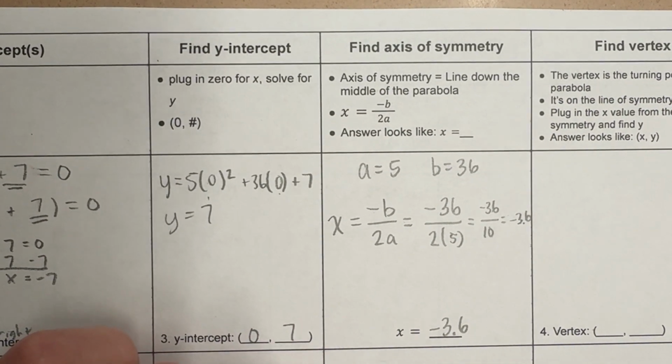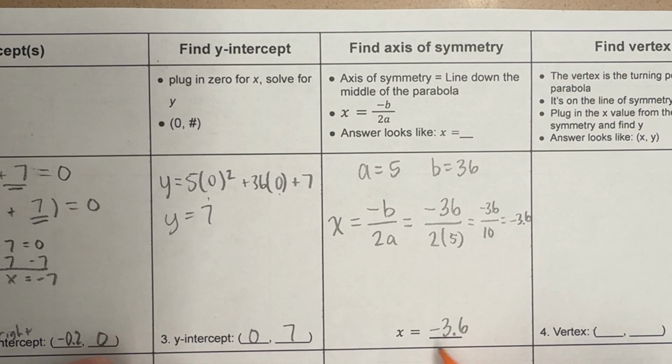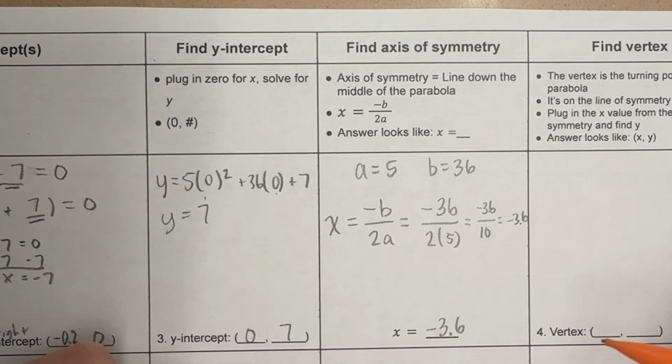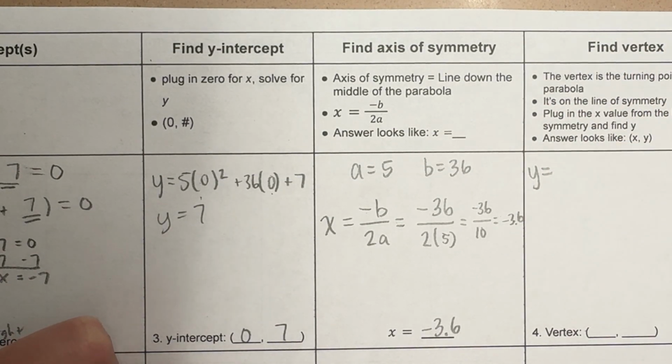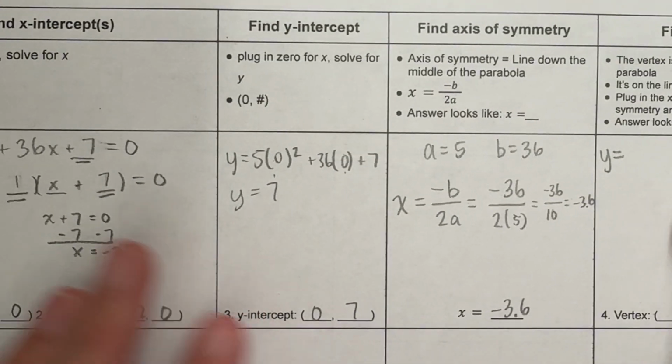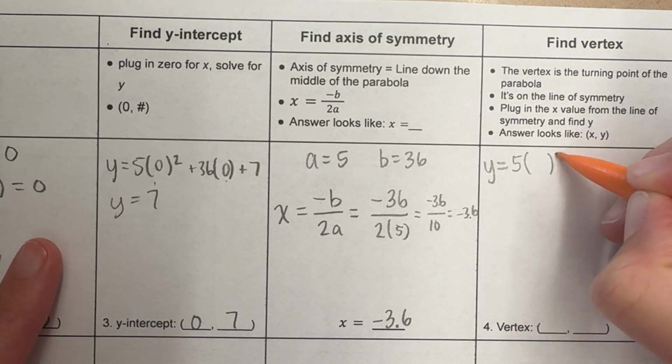So am I concerned? No. Is this annoying? Absolutely. Because it's a decimal, I'm going to have to graph the decimal, but more annoyingly, I'm going to have to plug it in right here. So I'm just going to have to be careful on my calculator. It's okay. Okay, I'm going to copy my equation first. So it's 5 times x squared